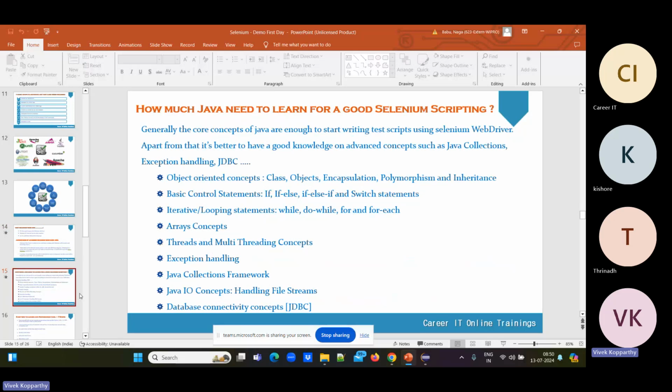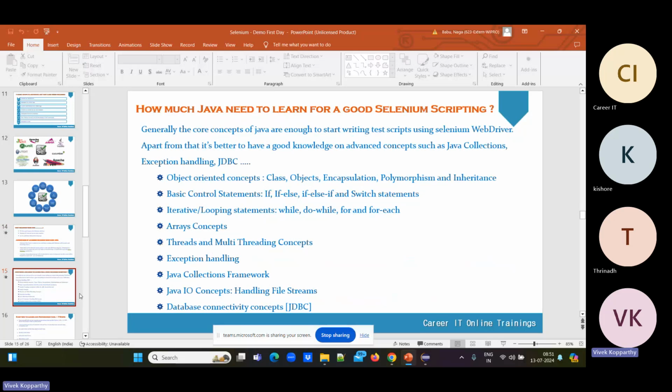So as part of this course, we are going to start with Java. We are going to start with very basic Java, like how to install Java. We designed this course for people who do not have any earlier programming language experience. If you don't have any earlier programming experience, no need to worry. We are going to start from the very basics, and we are going to cover each and everything. So in this 40 to 45 days course, nearly 25 days we are going to spend on Java only.